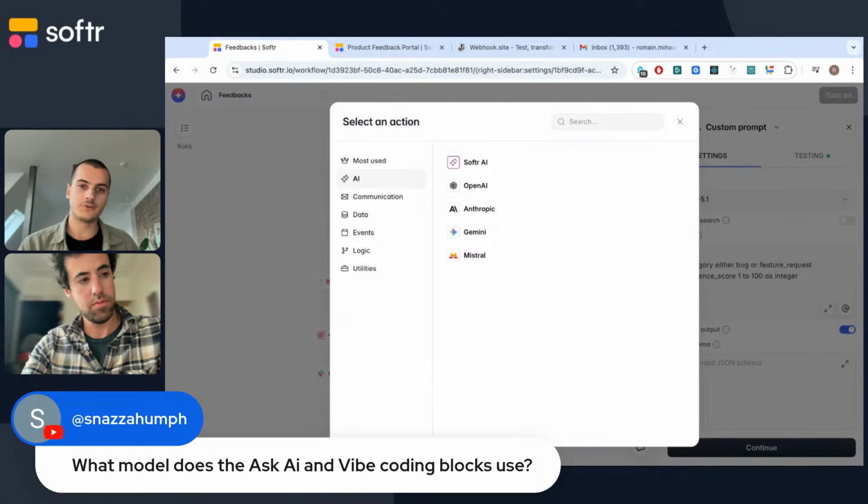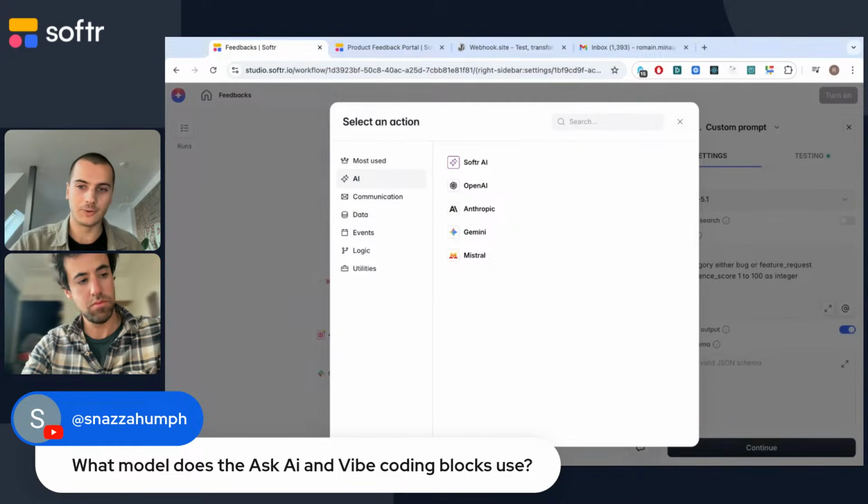Whereas here in workflows, you can select, as we just saw, the model you want to power this AI step, either by using Softr AI, which will directly use your AI credits, or if you're on a certain plan, you can also bring your own key.